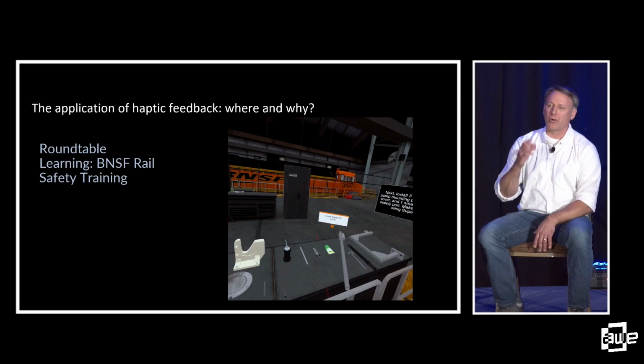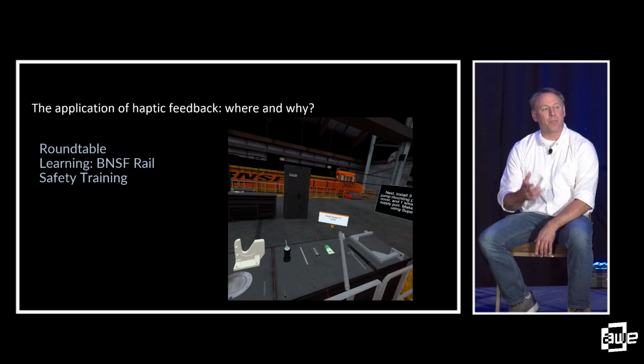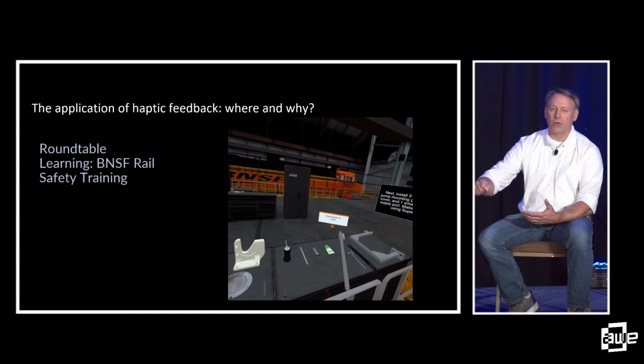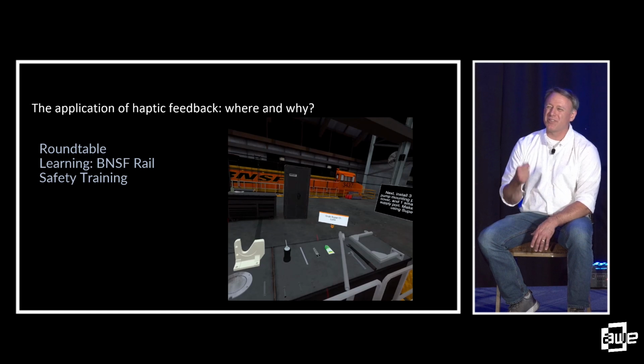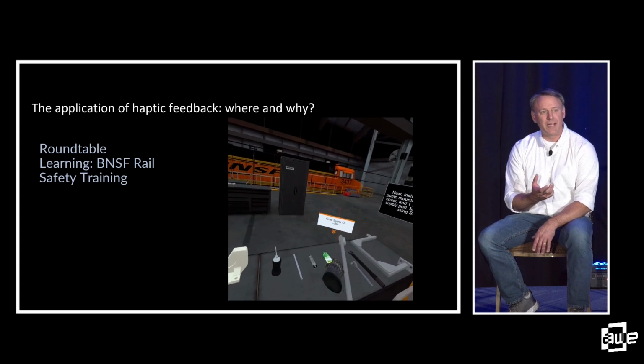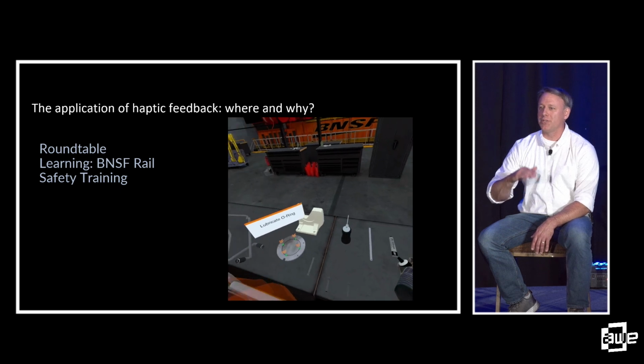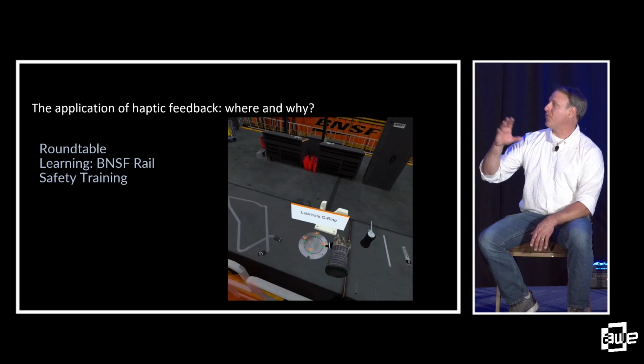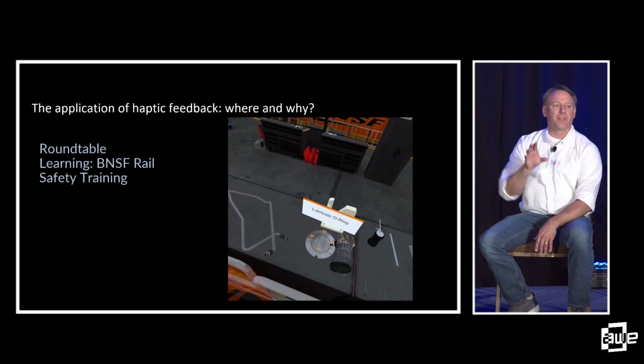When they're grabbing a torque wrench and they have to know how many foot-pounds they're going to be torquing down a bolt, they need to practice that. They need to put on the torque wrench. They need to move the torque wrench. They have to feel some type of vibration in the controller to understand when that foot-pounds is reaching where it needs to be. These are a few of some of the things that we have in there currently before haptics